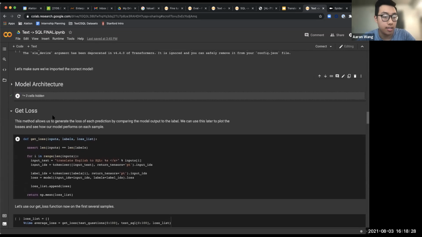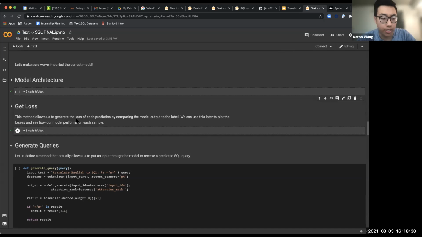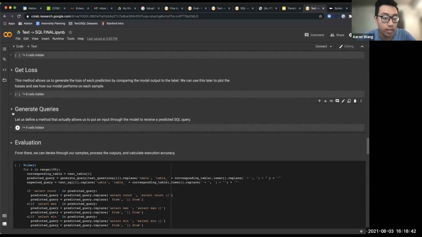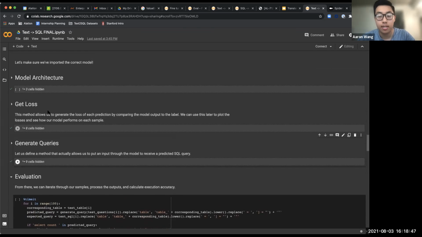This is our helper function for loss, which allows us to generate the loss and see how well we do. We can come back to that if we need to. I think that's not as important, as well as a helper function for generating queries. But I think probably what we all care about is